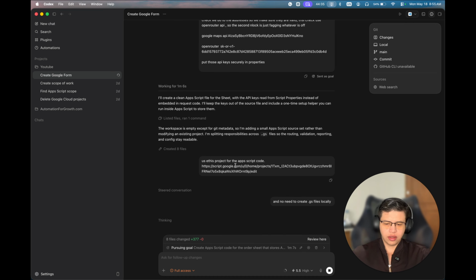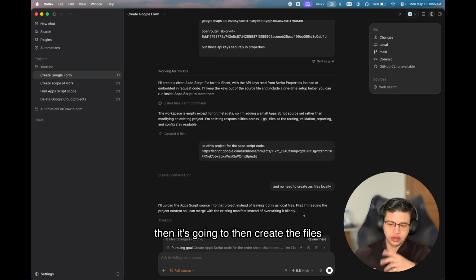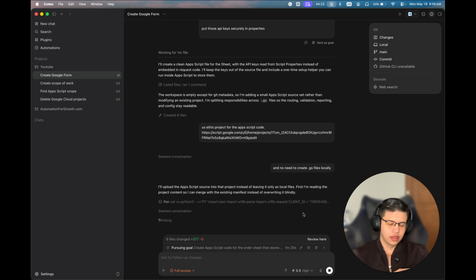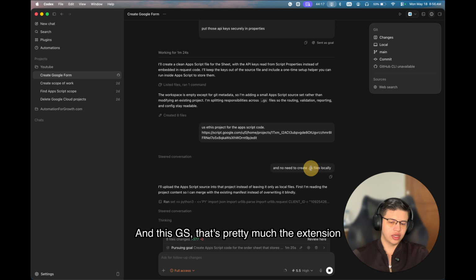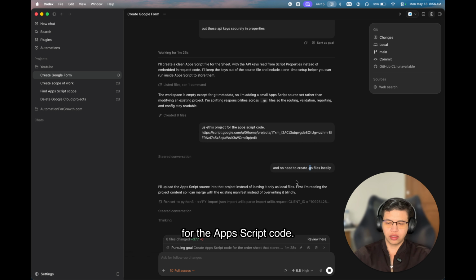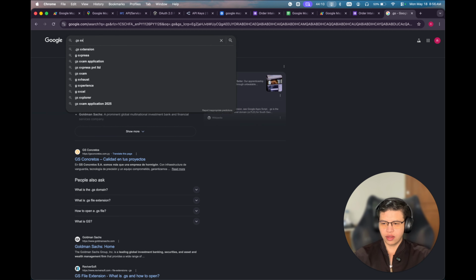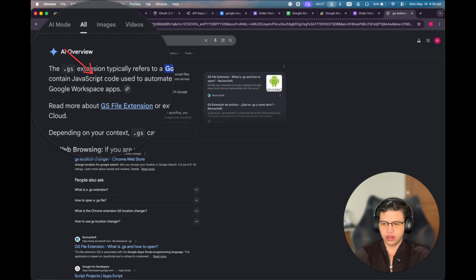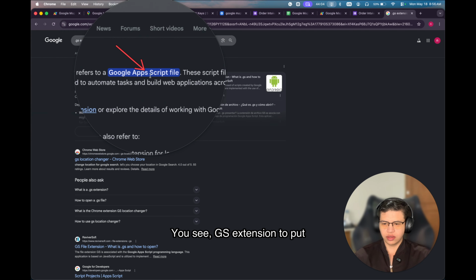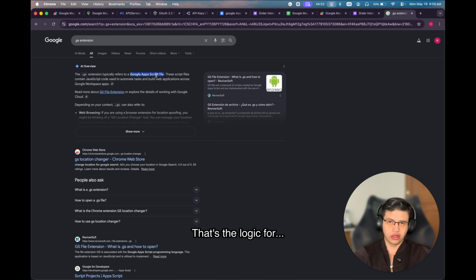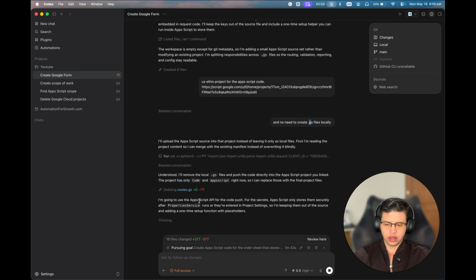I think if you don't ask for this, it's going to create the files on your computer, and then also create the files in AppScript in the project. But this is just a demo, so I don't really need these files here because that's going to be trash. And this GS is pretty much the extension for the AppScript code. So like GS extension, you will see. You see the extension deploy AppScript file. So that's the logic for